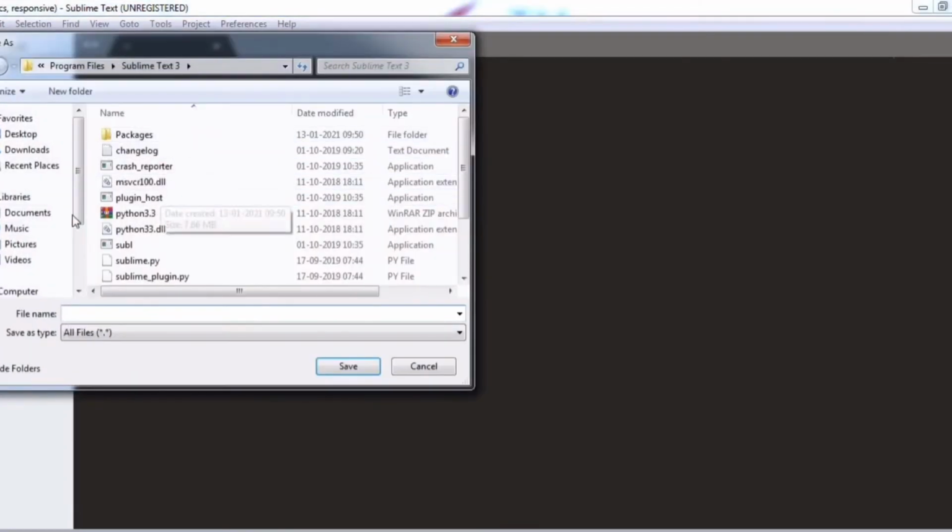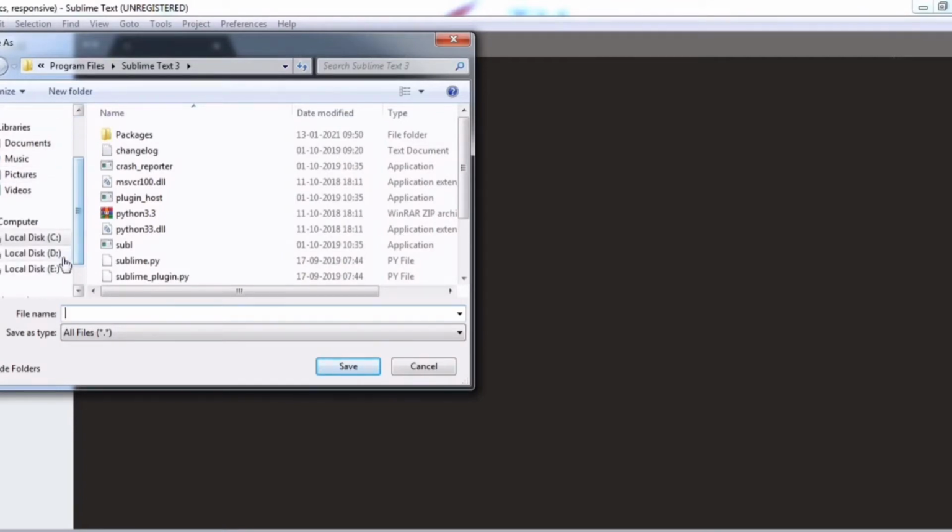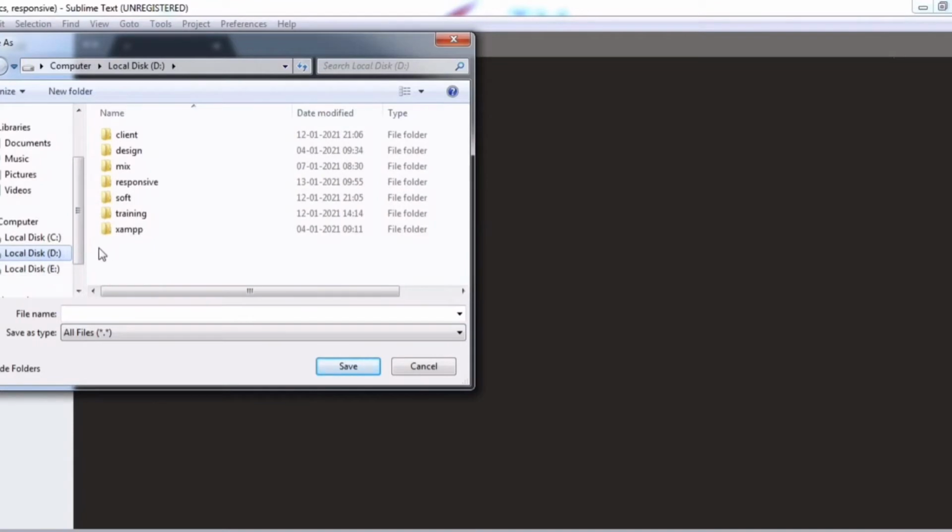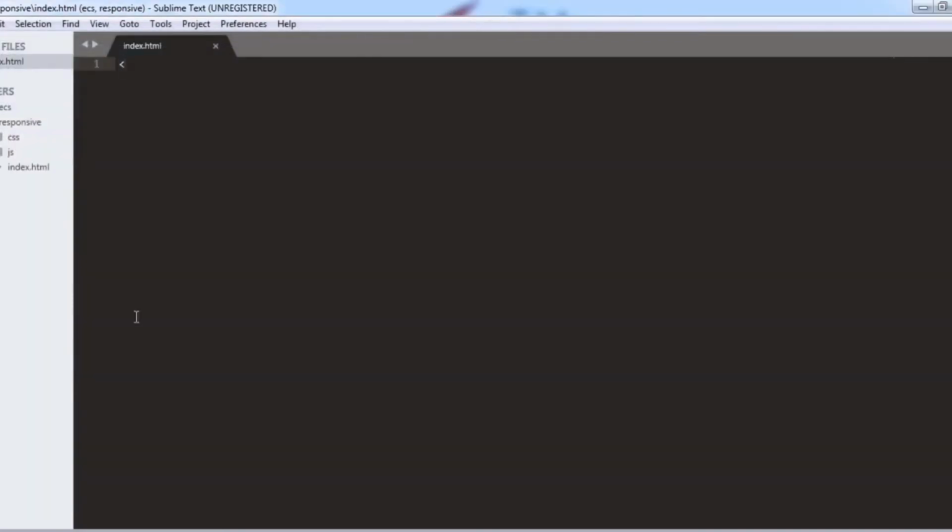First of all, I will save my file with a new name. Suppose I am saving in D drive, in which my folder name is responsive, and in this I will give the name index.html.